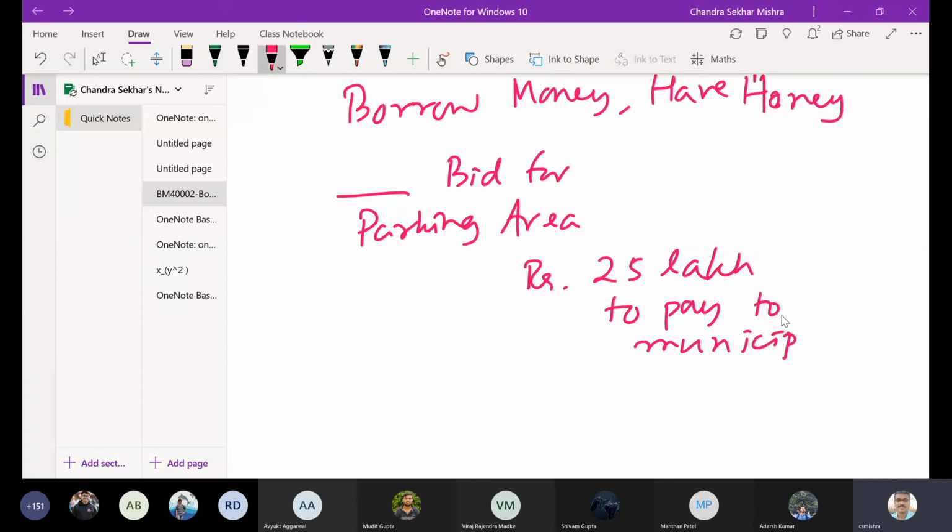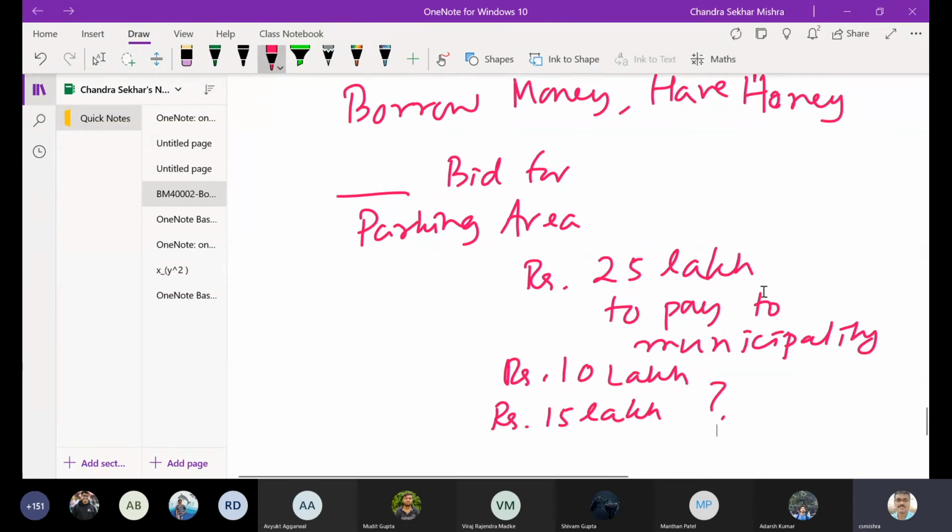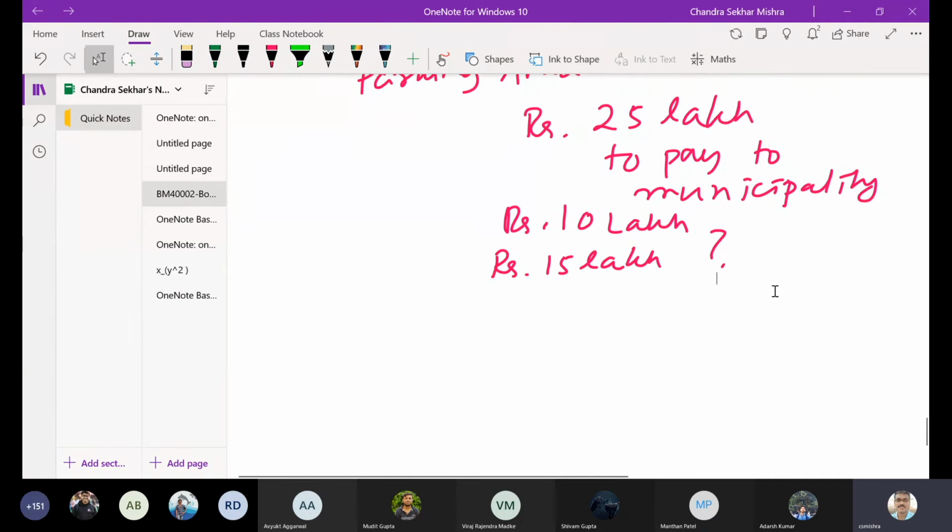You are a good person, you must have a high business history, etc. But you do not have 25 lakh rupees. You have only rupees 10 lakh with you. So how do you get rupees 15 lakh? From where? What shall you do? You will go to the bank and the bank will give a loan. You expect that, right? Now, what is the security here?